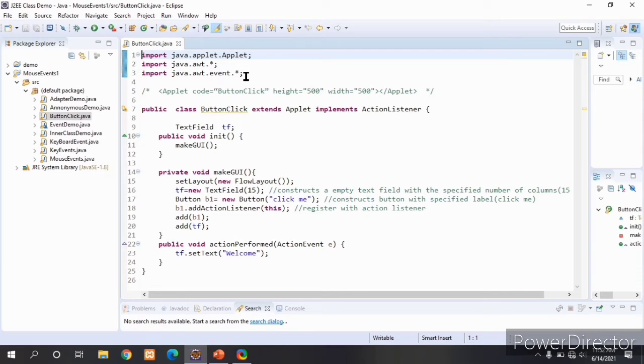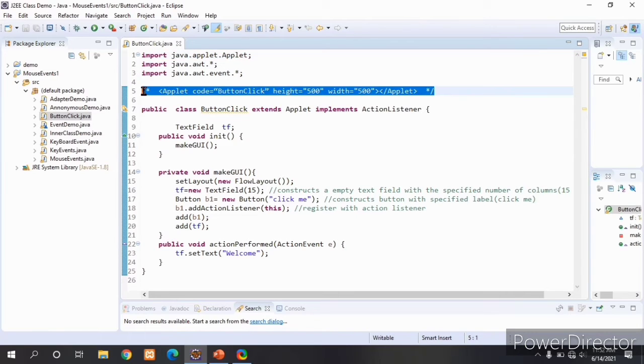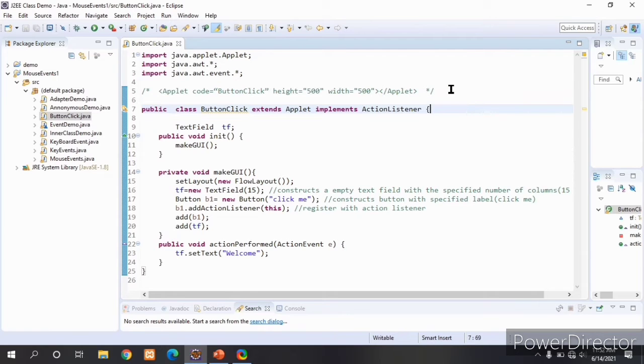this package. Here we are running an applet by using the applet viewer. So I am using this code, and I am writing this code within a comment line.